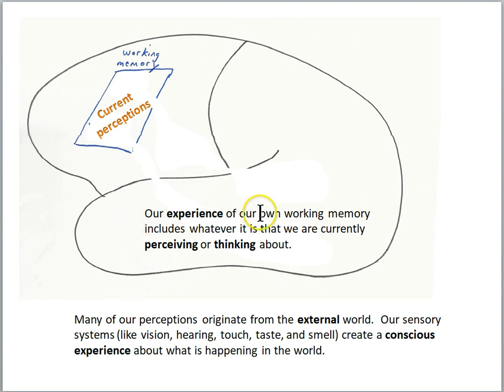So our experience of our own working memory includes whatever it is that we're currently perceiving or thinking about. So if we're perceiving things, then our sensory systems in the brain are sending information to the working memory system, and we're having a conscious experience of what we're seeing, what we're hearing, etc. So many of our perceptions originate from the external world. Our sensory systems, the vision, the hearing, touch, taste, smell, create a conscious experience about what is happening in the